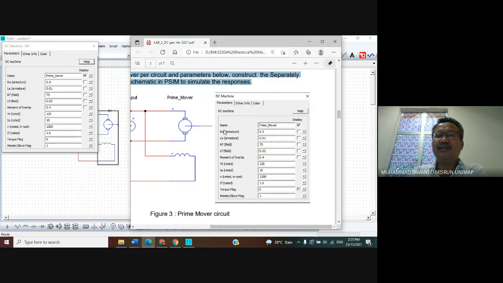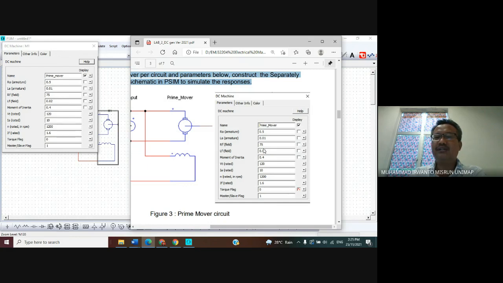And then we can see the value of armature resistance 0.5. In here 0.5, same. Armature inductance 0.01 Henry. In here 0.01 Henry also. Field resistance 75 ohms. In here 75 ohm also.